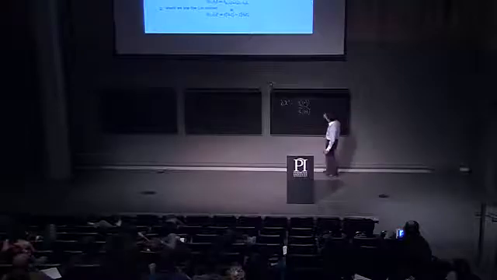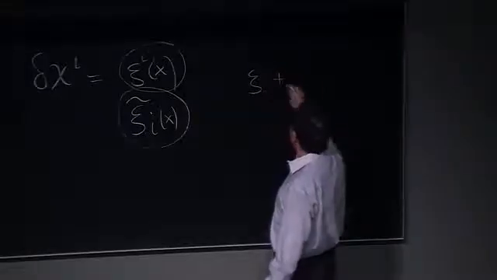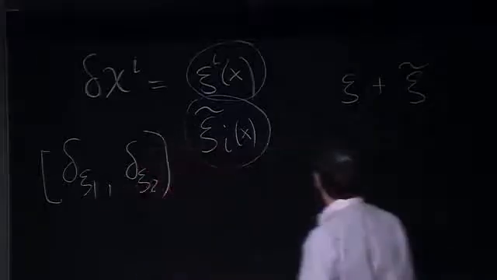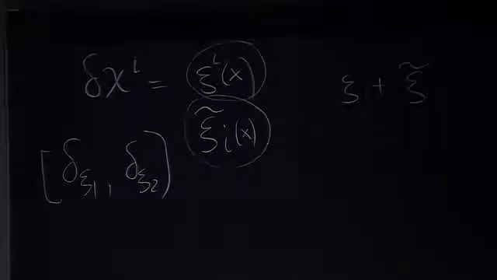Like add these vector spaces where these things live on. So the general parameter is going to be called psi plus psi tilde. And we recognize some things are vectors, some things are one form, but we treat them together. So if you want to consider the algebra of gauge transformations that you have there, you do one gauge transformation with a parameter psi1. I think it would have been better if that equation read on the left hand, delta psi1 and delta psi2. And here these psi's represent the whole thing, the vector part of the parameters and the one-form